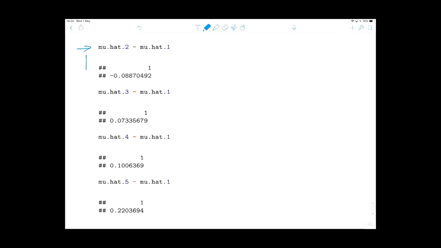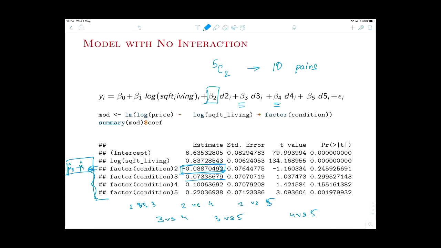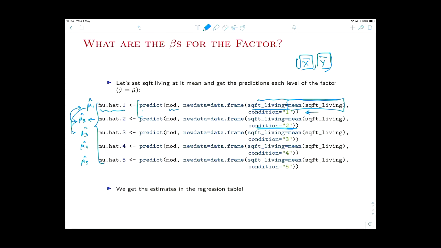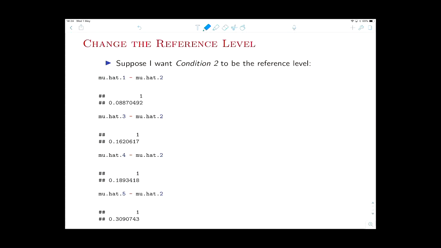And that's beta 2 hat. See, we get the same value. For the next one, we get beta 3 hat. So again, check beta 3 hat, is it 0.07335? Yes. In fact, all the others are also correct. So this way of setting up or evaluating the mu's, the group means, is correct. We do get the group means. Now, why did we do that? Now, all I want to do as a